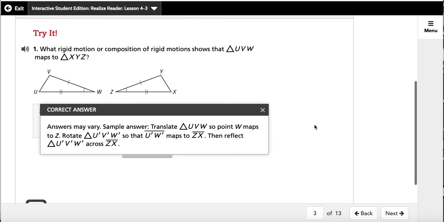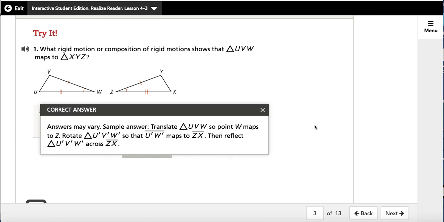They went with a translation of triangle UVW so that point W maps to Z. Then they rotated triangle U prime, V prime, W prime so that segment U prime, W prime maps to side XZ. Then they reflected that triangle across